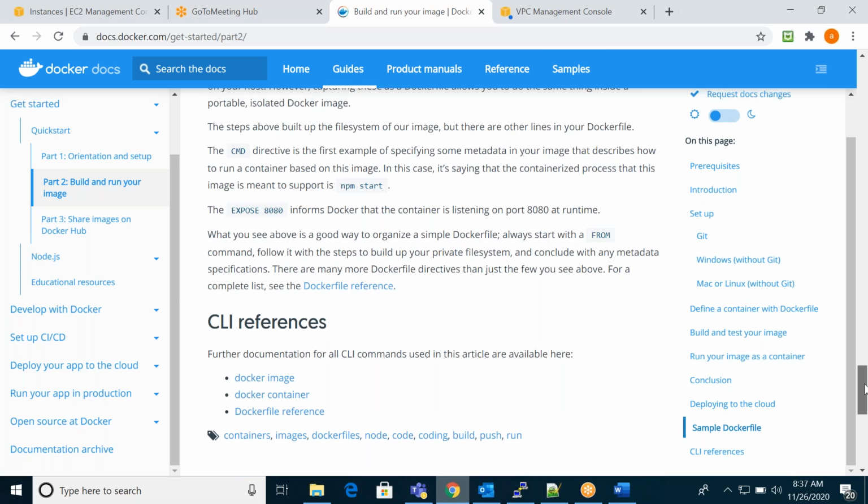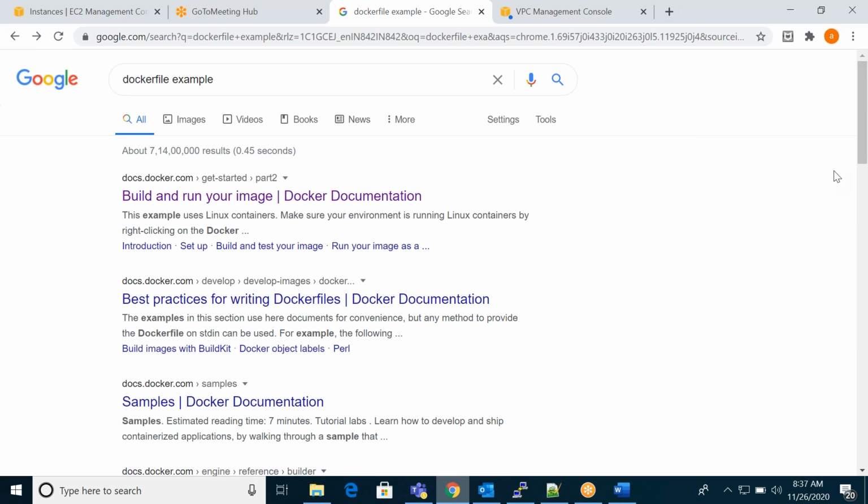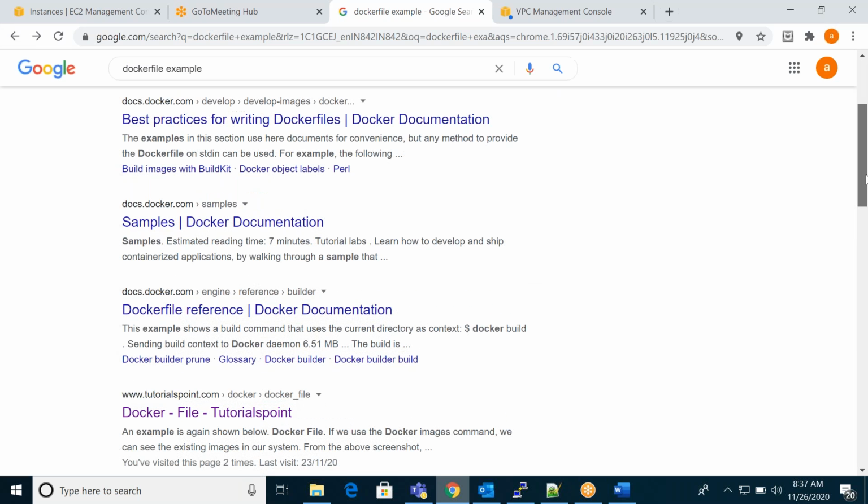If you take any Dockerfile example, it will look like the same thing.